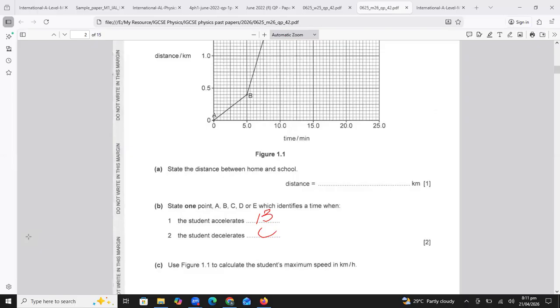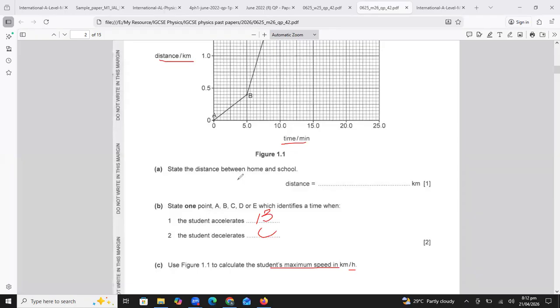Now look at part C. In part C, they are saying use figure 1.1 to calculate the student's maximum speed in kilometer per hour. So we have to calculate the student's maximum speed in kilometer per hour. You can see, beta, the time is given in minutes and the distance is given in kilometer, but we have